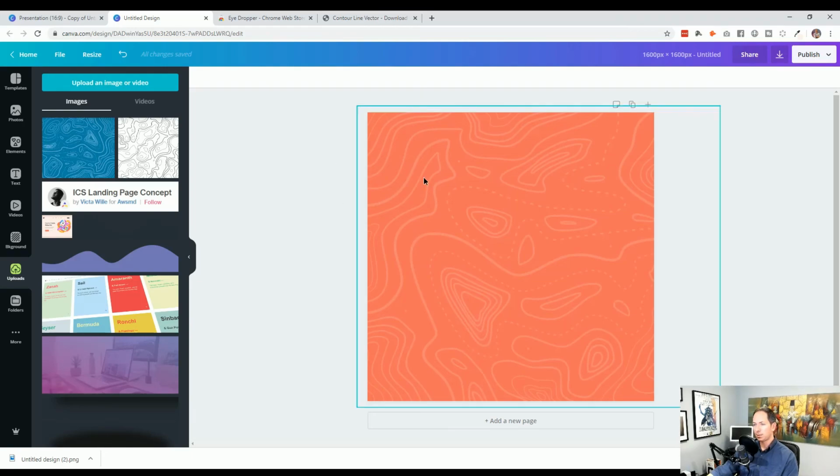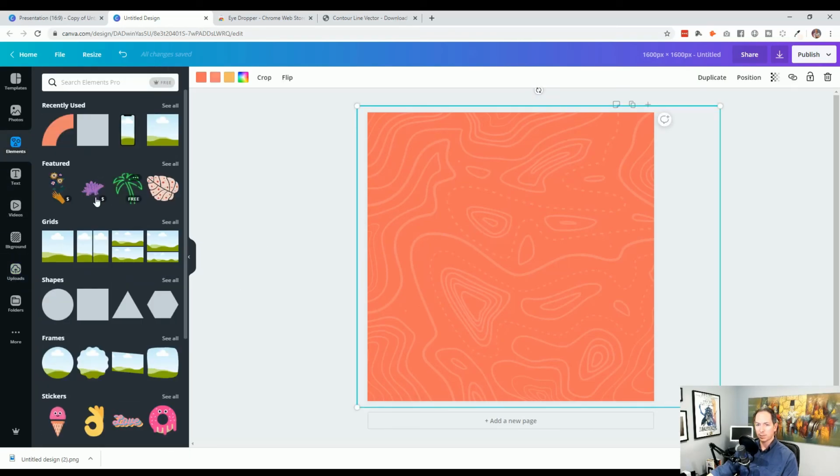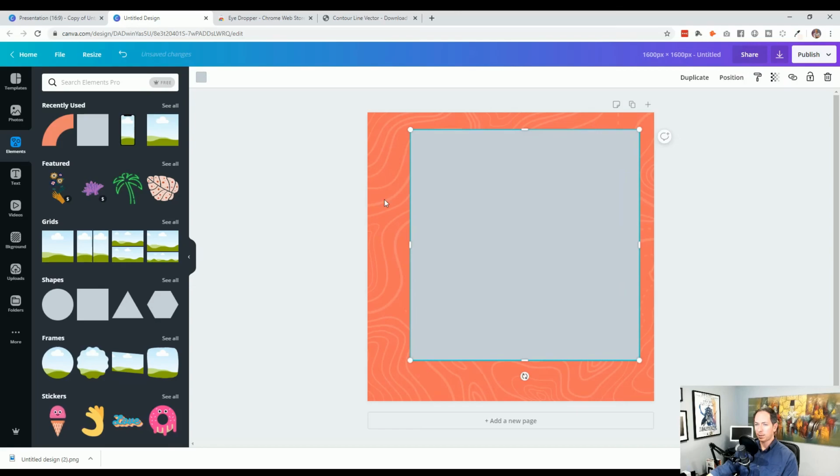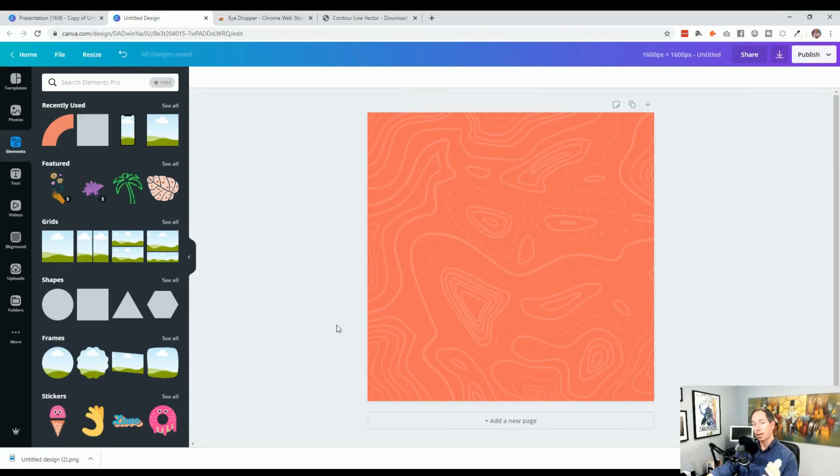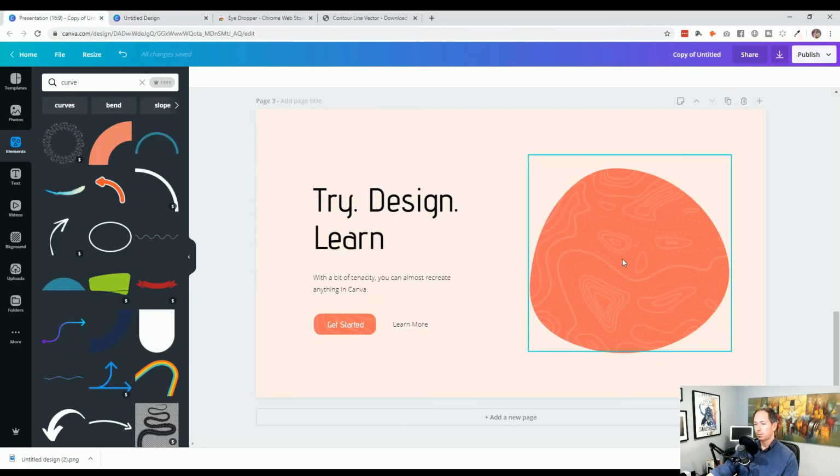We found an SVG that we could edit and get to the color we wanted, shaped it, and you could do this with, if you wanted to add more elements, of course, it doesn't have to be just a background. You know, you could do anything inside of the shape and then download it as an image and then upload that image, and you can now manipulate it as an image in your design. So we came here, created it, downloaded it as an image, we uploaded it. Put that into our shape, and then to recreate the